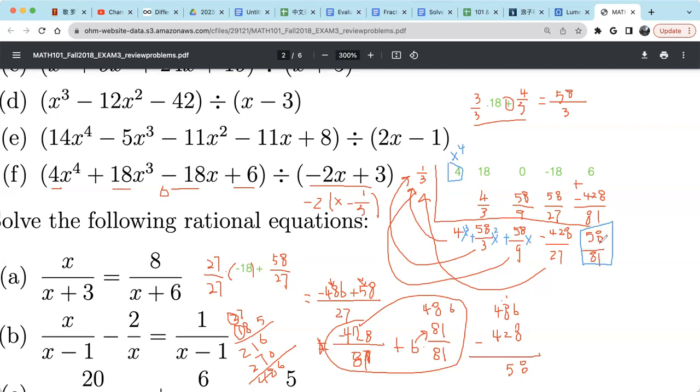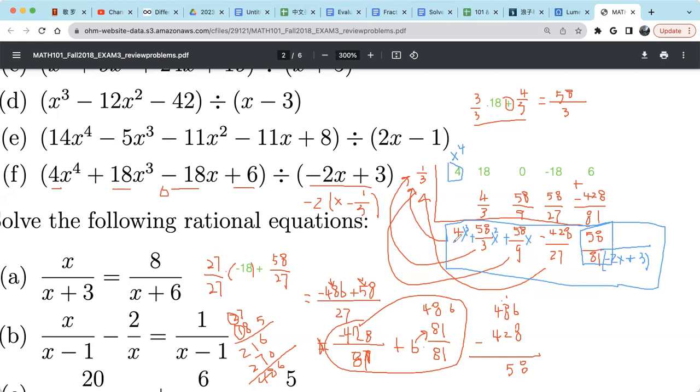This is a remainder. How would we write this remainder? Remember, we have a divisor, negative 2x plus 3. We write it in the denominator. So 81 times negative 2x plus 3. That's the denominator for 58. Okay, so this is our final answer for F,